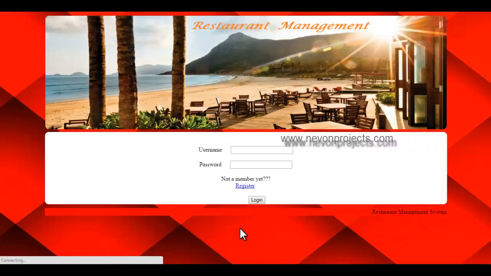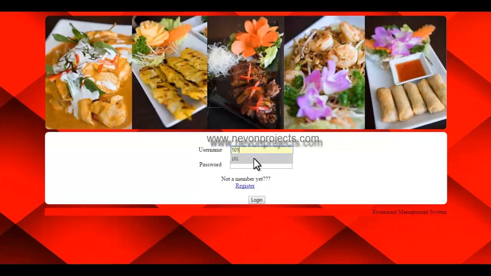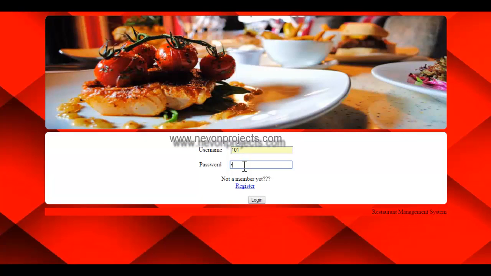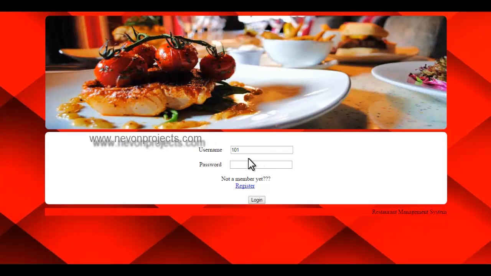Click on submit. So the user is registered. Now you can log in. Click on login. It's showing invalid username or password.